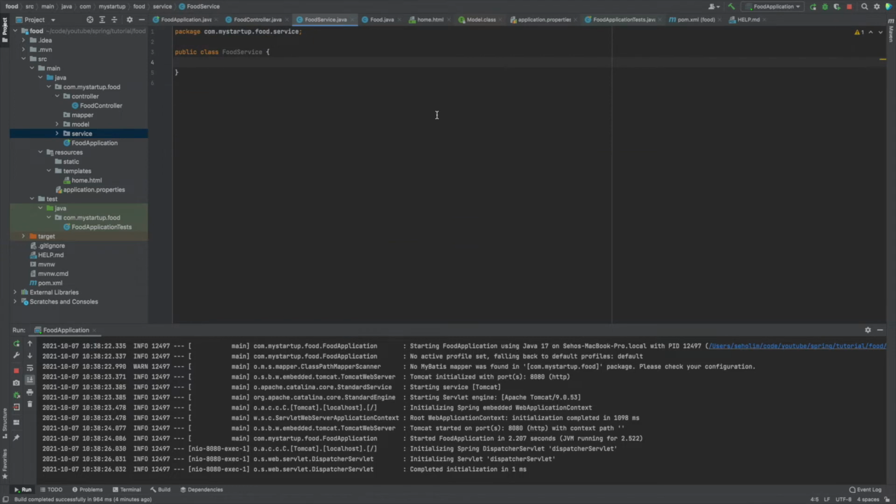This service is going to deal with the main business logic. Since our application is really simple, this service is not going to have that much code. But in real production code, the service is the heaviest code of all these layers. Here, I'm going to add a public method that returns the food array,